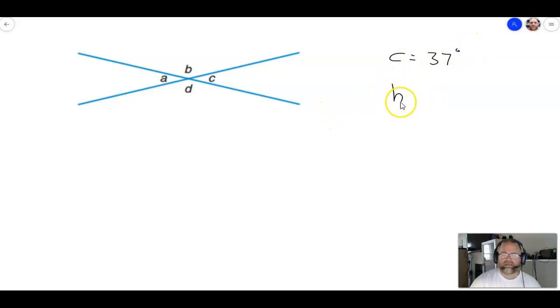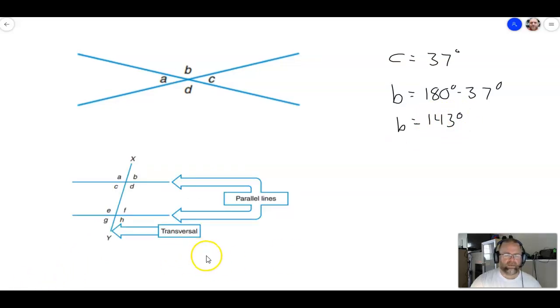B is equal to 180 degrees minus 37 degrees, which is equal to 143. So this B is equal to 143 degrees here. All right. And the next thing I want to talk about here is if we take a set of parallel